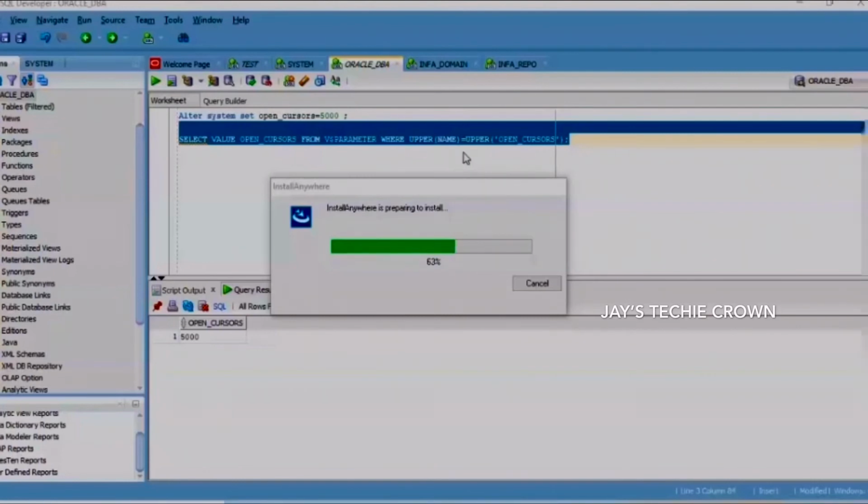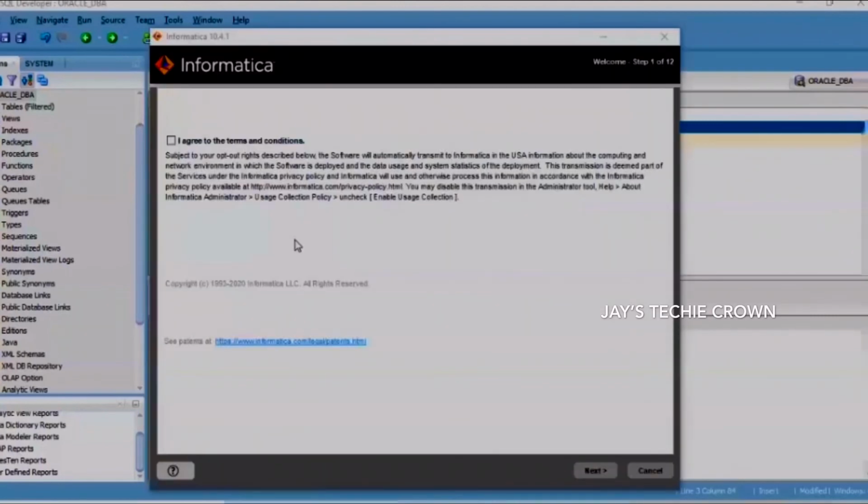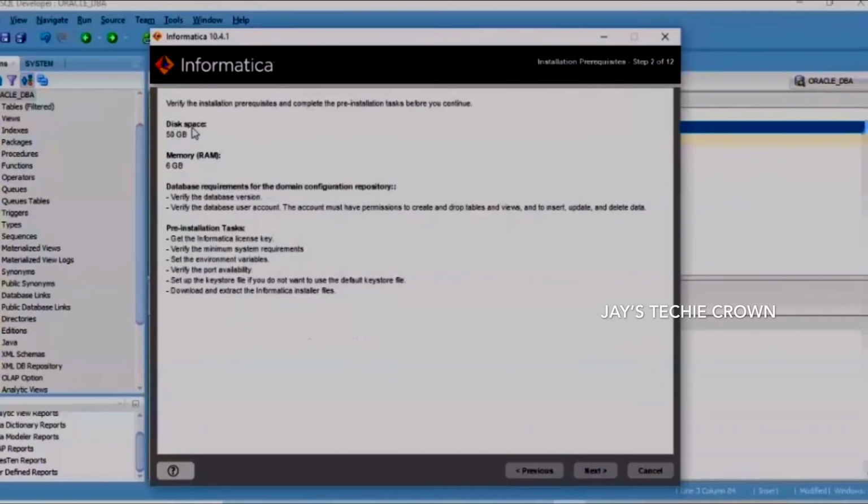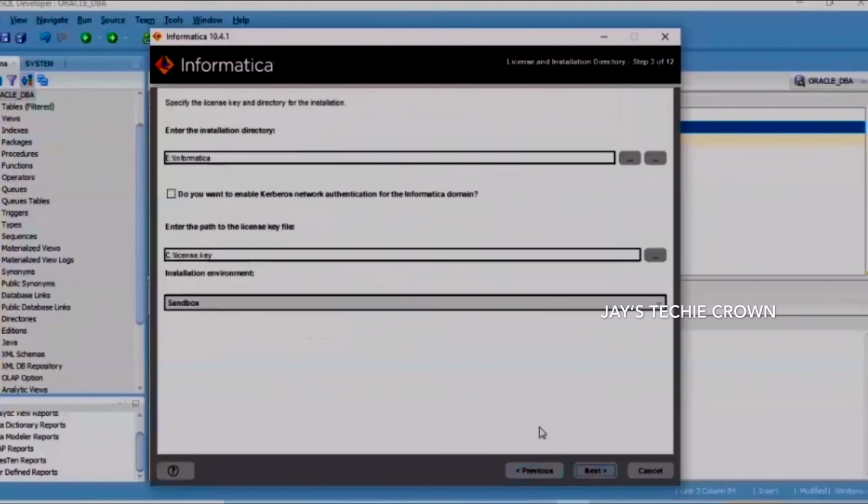Now it prompts the next window. I select that I agree to the terms and conditions. Click on next. Disk space 50, memory RAM is 6 GB. I mention that I want the installation directory to be E drive Informatica, and a license key.